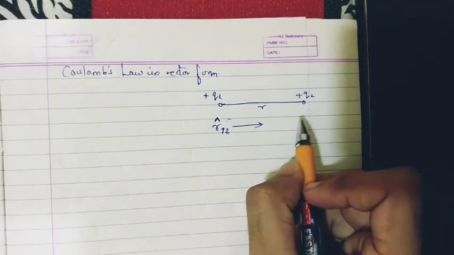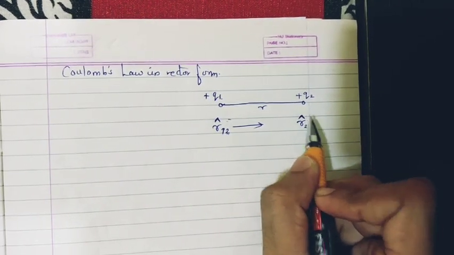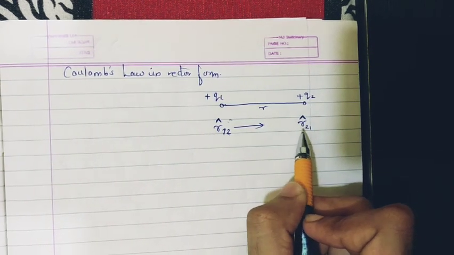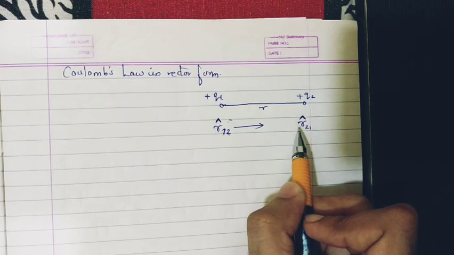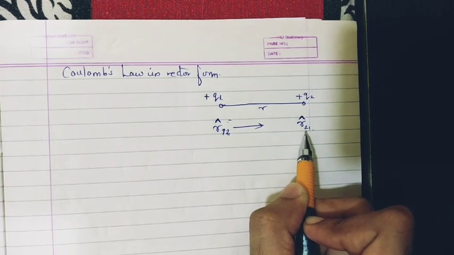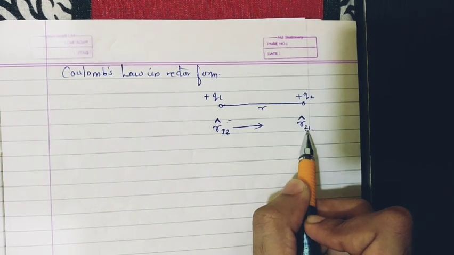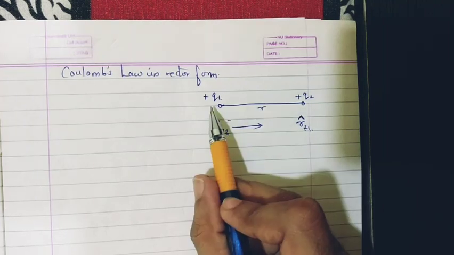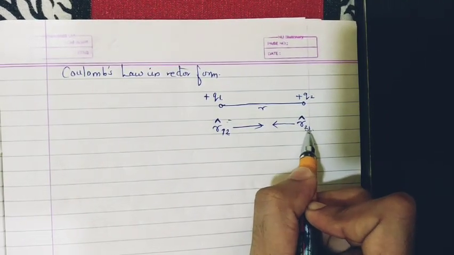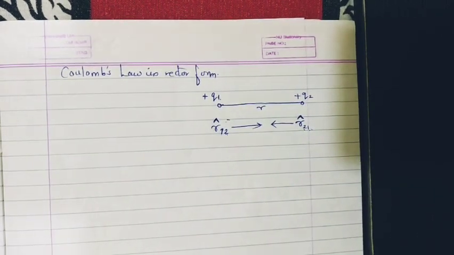If I want to write a unit vector r21, we represent a unit vector with a cap, if you remember from your 11th standard. So this is a unit vector r21, a displacement vector pointing from 2 to 1. The number you write first will be the first point, and the number you write second will be the final point. So the direction of this displacement vector is from 2 to 1. This is how we represent the unit vector.